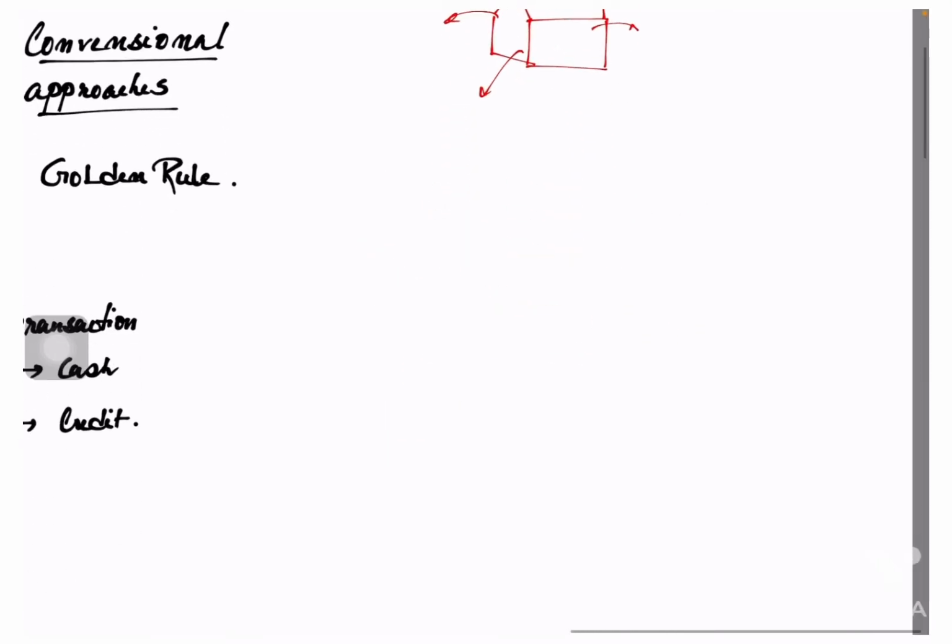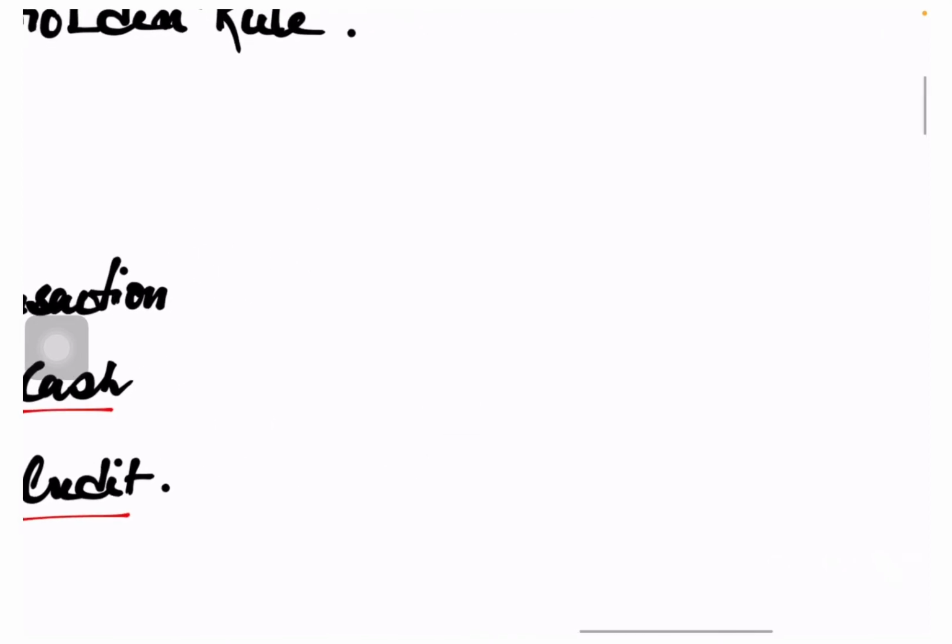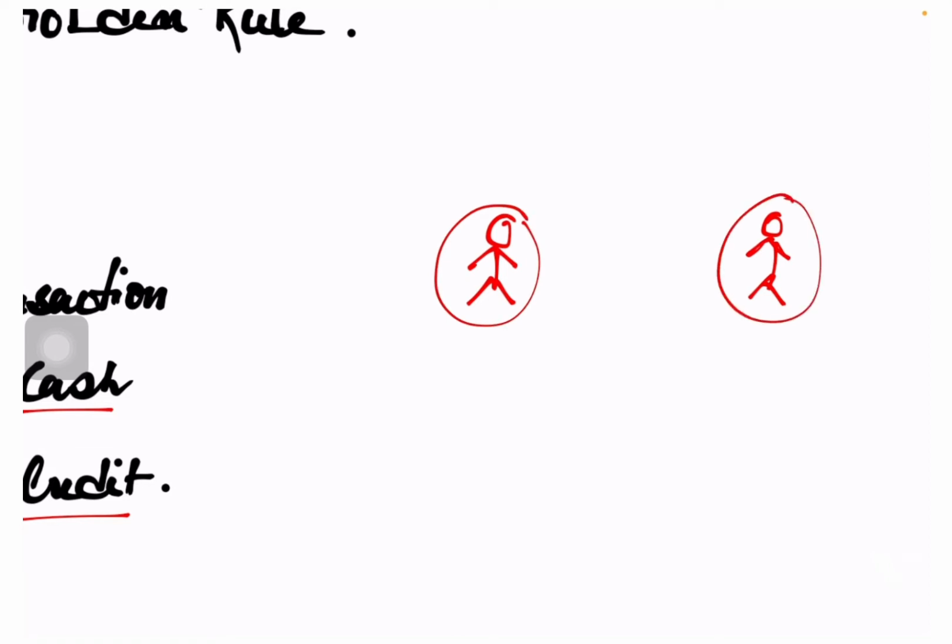Some of the transactions are going to be considered as cash transactions. Some of the transactions are going to be considered as credit transactions. Simple. Suppose this is one party and that is another party. Suppose this party comes to that party asking to purchase something from the market. And the party who is going to sell asks for the money on the same value of the goods that the other is going to purchase. Try to understand.